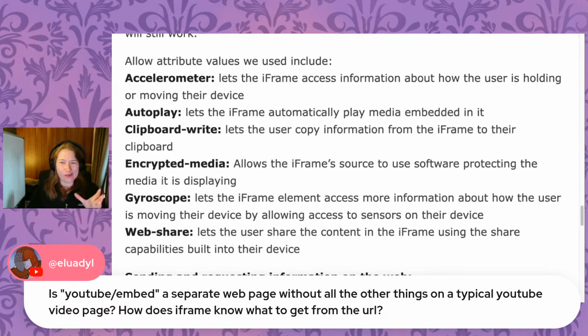Is a YouTube embed a separate web page without all the other things on a typical video page? How does the iframe know what to get from the URL? So with the YouTube embed, we're going to embed specifically the address for the video. I think if you linked to